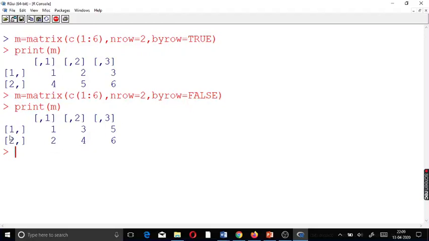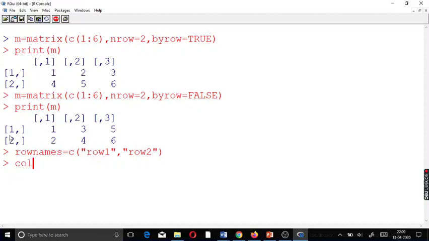Suppose I want to name these rows and columns. Very well, you can do it. So now I can say row names is equal to, and since 2 rows are there, fine, I can give some values in the vector. I can say row 1, then I can say row 2. So it is a character vector. So I have 2 rows, and I am naming them with 2 names here.